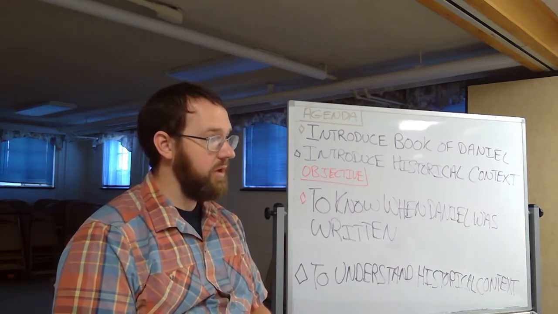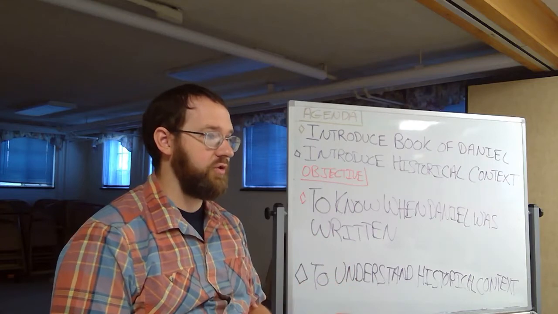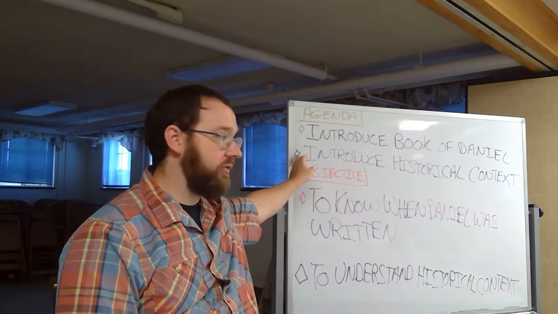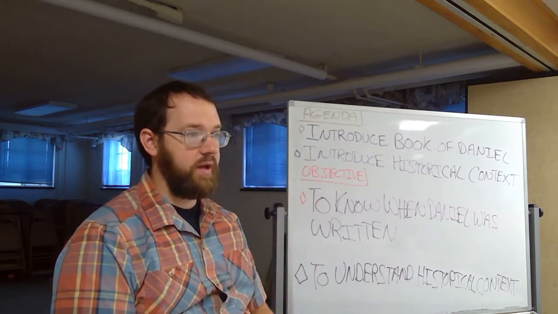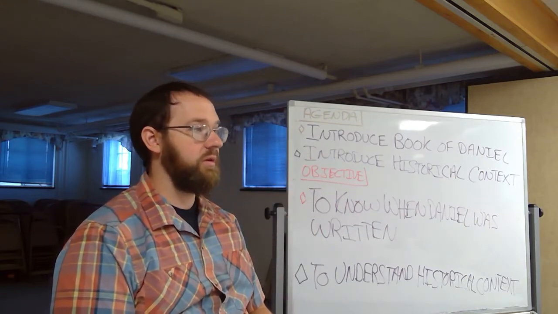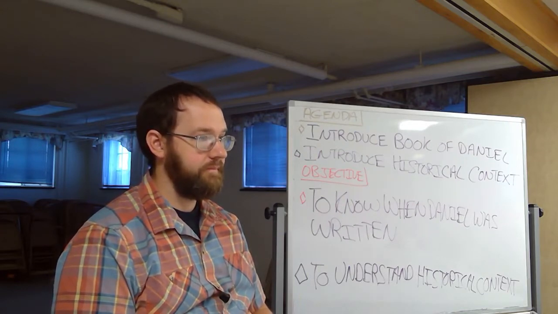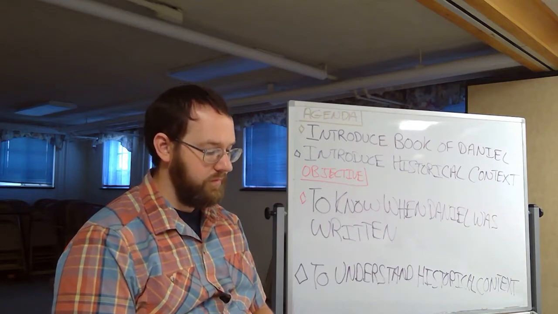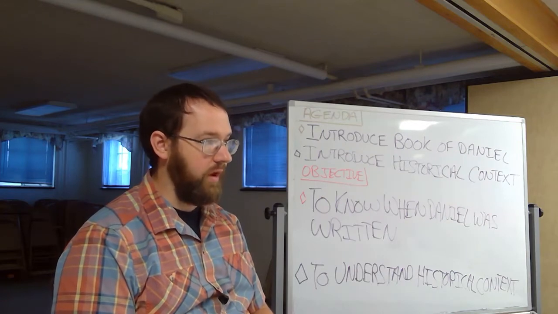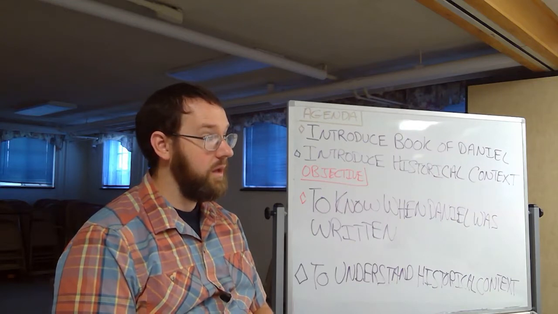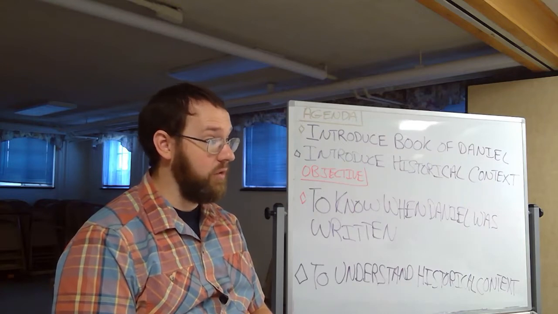Excellent, thank you. So immediately, just reading those verses, what are some things that you know about the historical context? About what's going on in history when the events of Daniel are taking place? Look especially at verse 1. What's happened? Babylon's taken over Judah. Yeah, excellent. Babylon has taken over Judah.